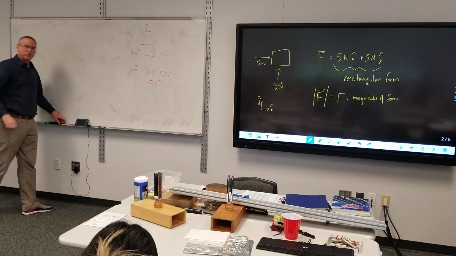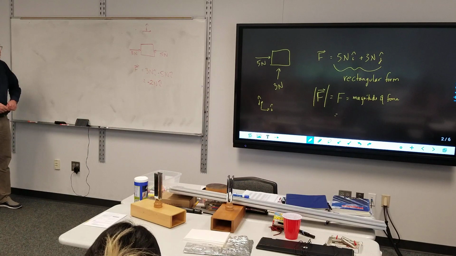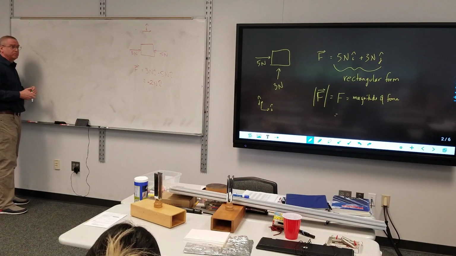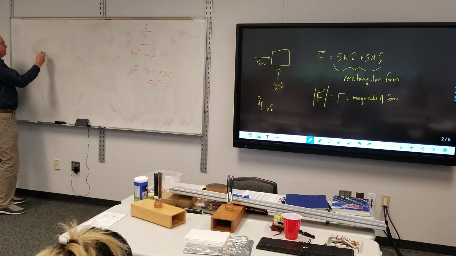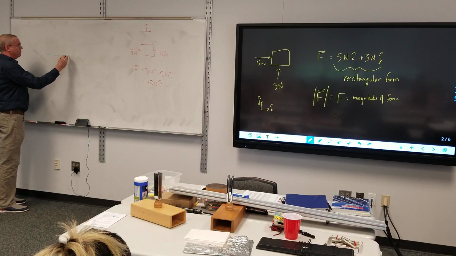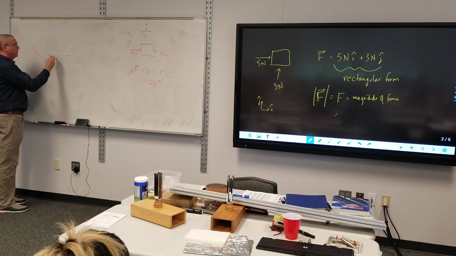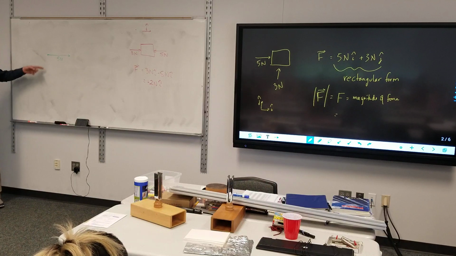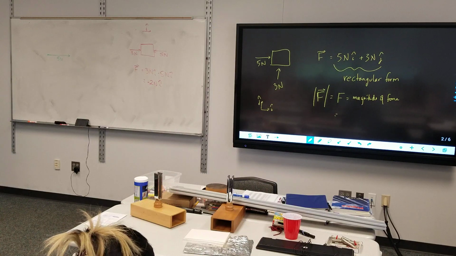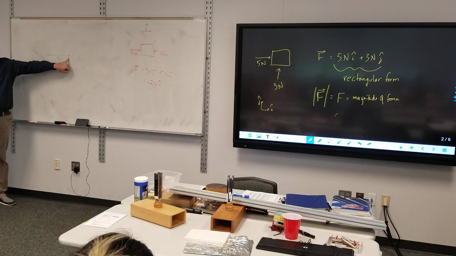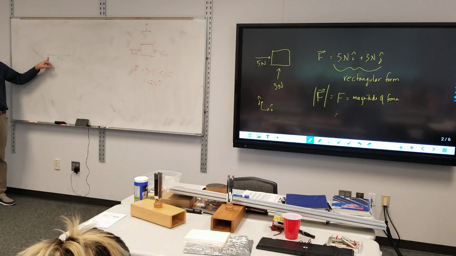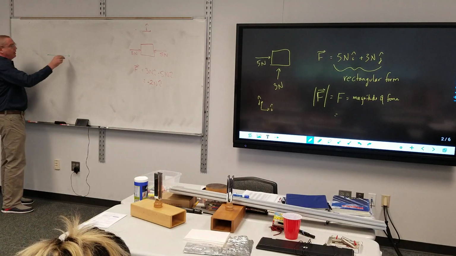So we're going to do some vector math. Does direction matter? So it was 5 newtons to the right. I'm just going to draw a 5 newton vector to the right. I don't have to write I hat because I'm indicating the direction of the vector right there. And then 3 newtons up. This is known as head to tail. This is the head of the vector right here, the arrowhead. The tail is the one that doesn't have the head there. And then I draw